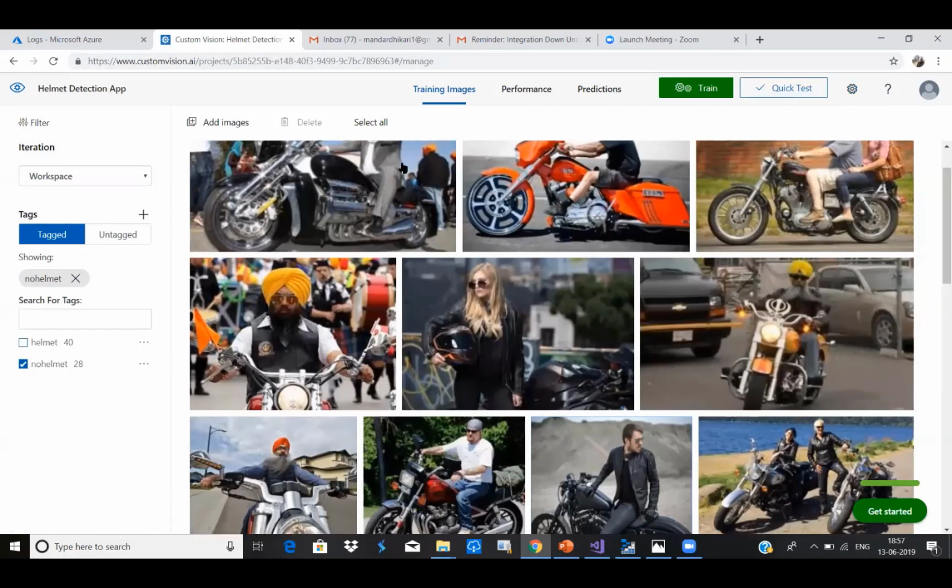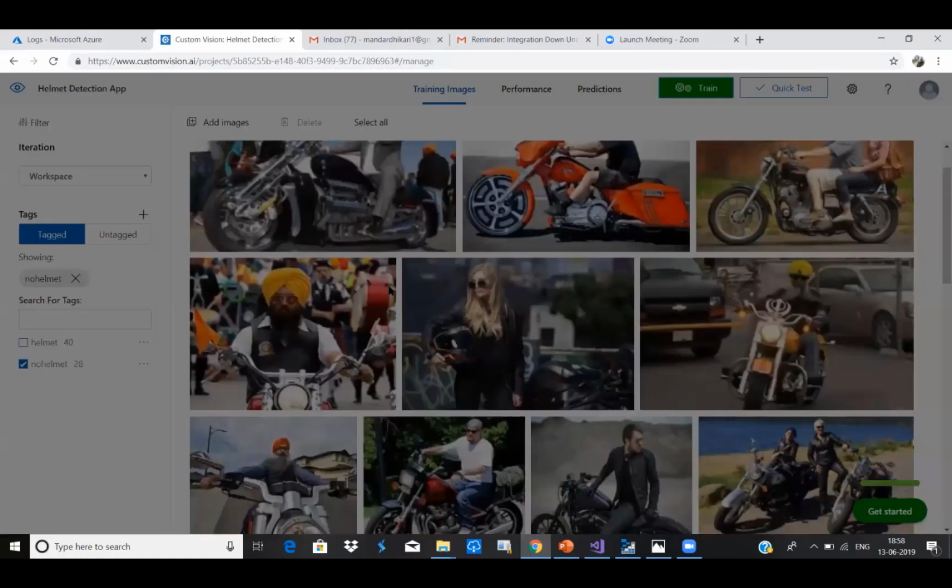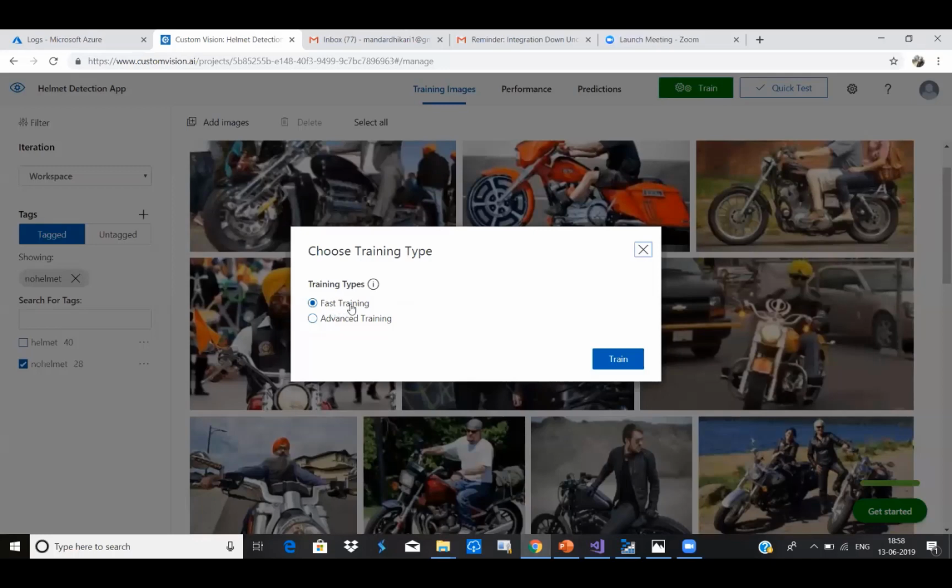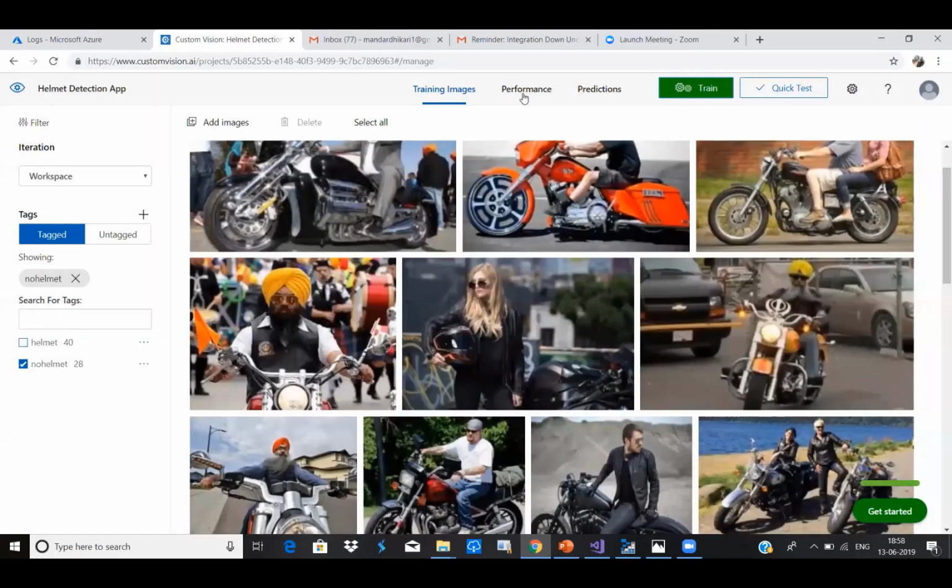So once we finish the tagging of images, we just click on train. Now I have just used fast training, which trains the app very quickly. If we want to go for advanced training, that incurs extra billing, so I have not done that. So I have used fast training. And once that is done, we can